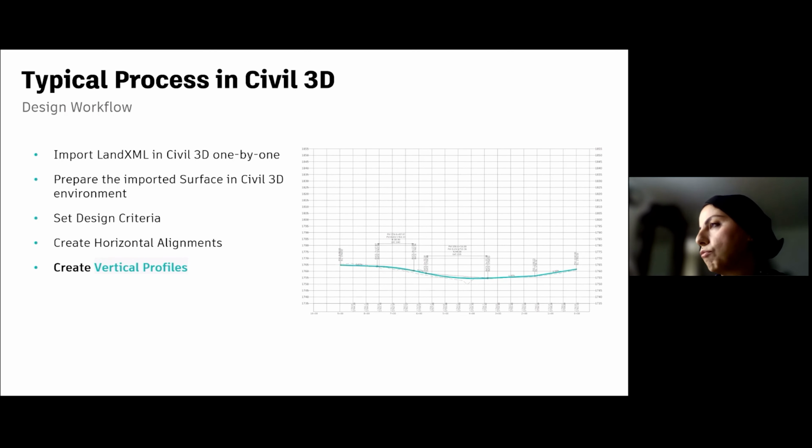The same for vertical profiles. The vertical profiles, as you can see here on the profile, the most important elements are the K value. We need to make sure that the turbine vehicles, let's say the one that hold the blades, does not hit the ground. So therefore, they need to have specific clearance. They need to have specific K value. So this needs to be checked through the design. Using this is the traditional method. Next.